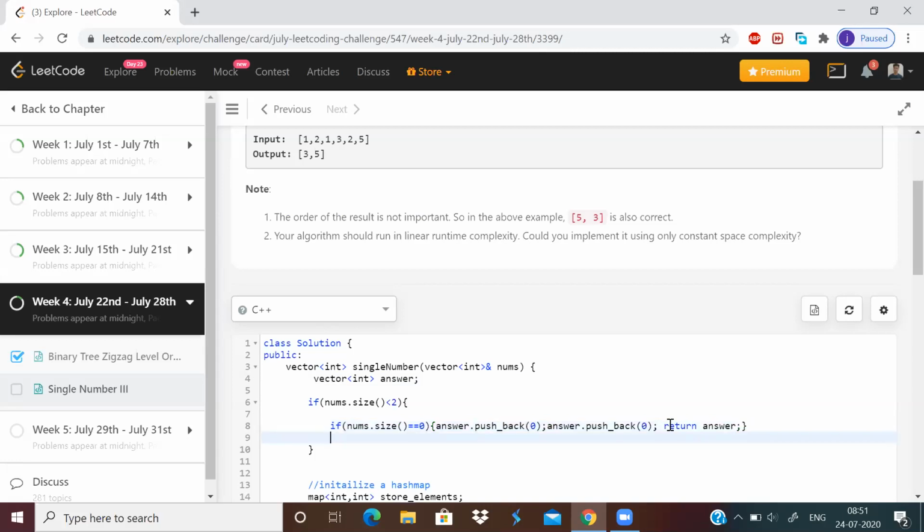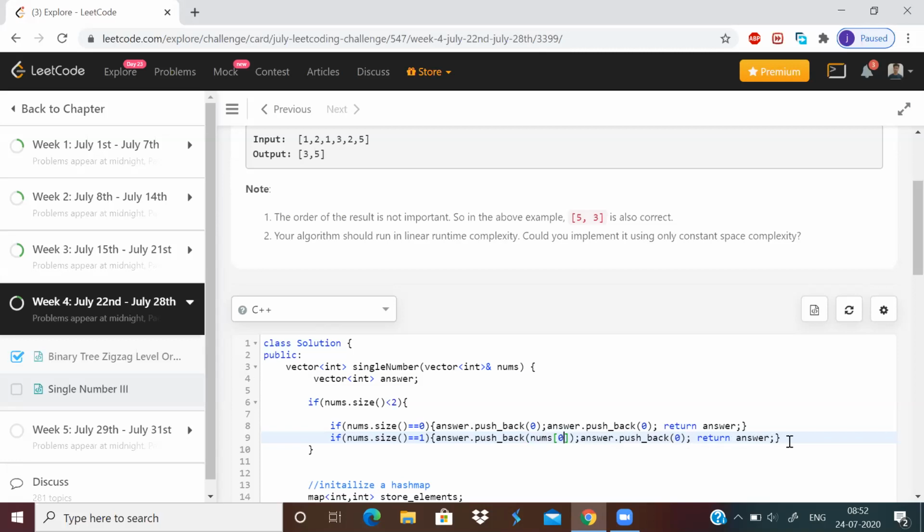That's it. Now if nums dot size is equal to 1, then just copy it and paste it over here. Push back the number present at the 0th index, and the second one should be 0 because there is no other element in the array.